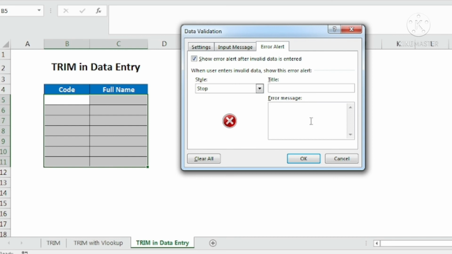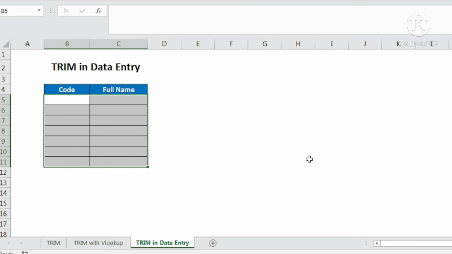What error alert am I going to put? I will just put invalid data. This will appear once somebody puts the invalid data, and I will put a comma, check for extra spaces, because that is something which is giving this error, extra spaces.